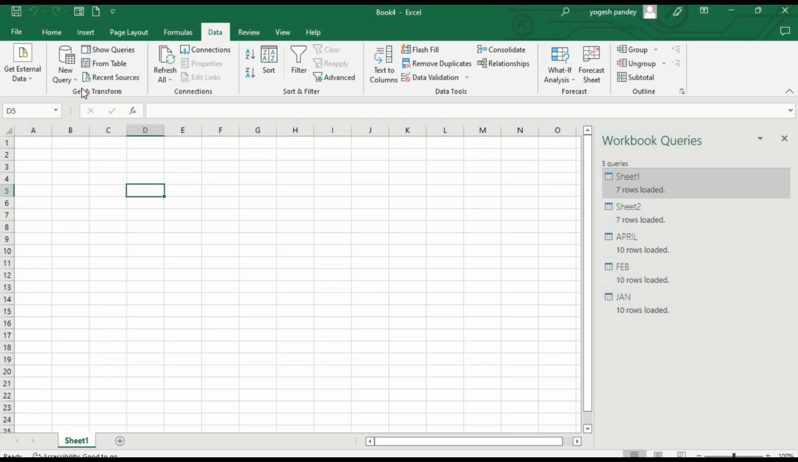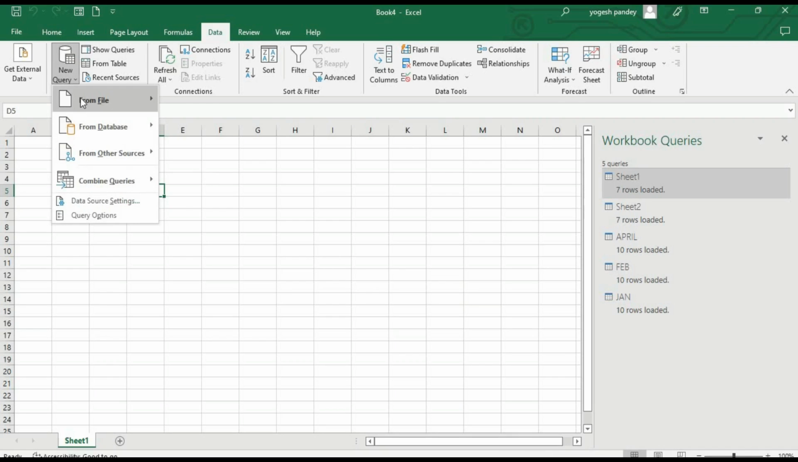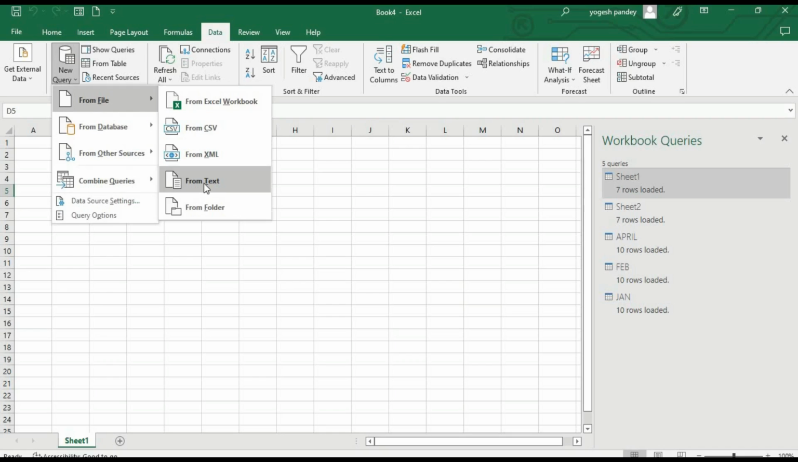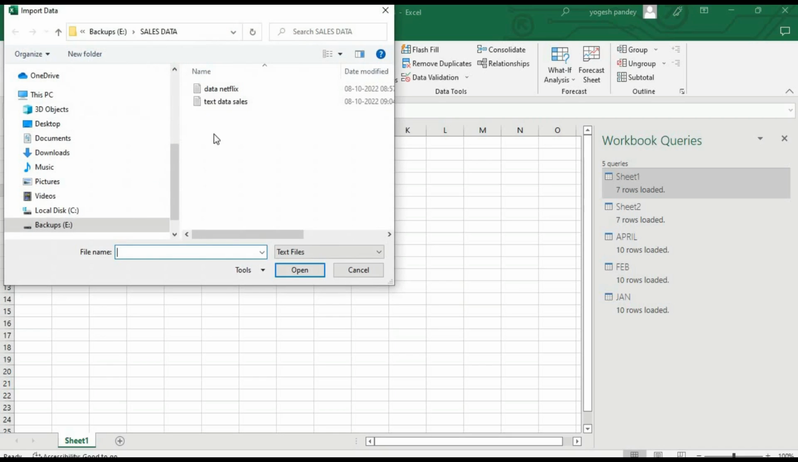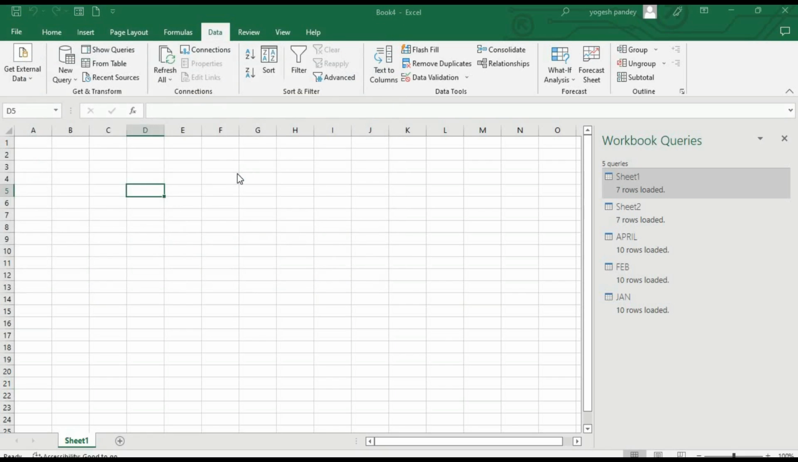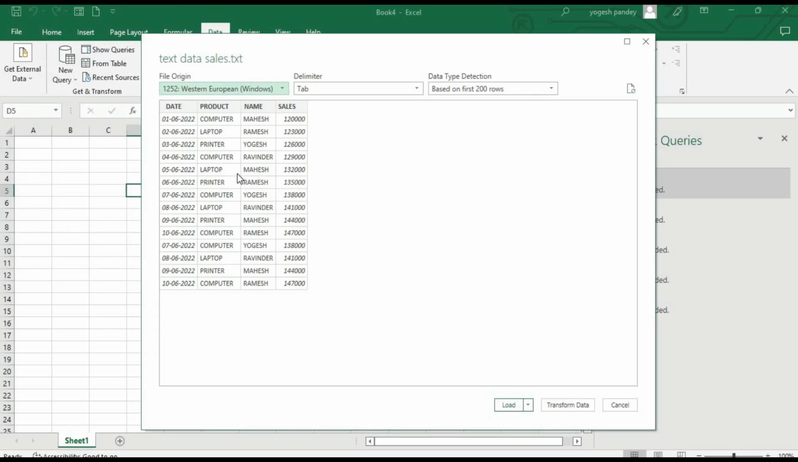So they are added in our query. Then from files, and this time I will take a text file from text. I already have two text files here, so I will take the second one. Click over this, and it will again show our text file here. Then I will go here, load to again,